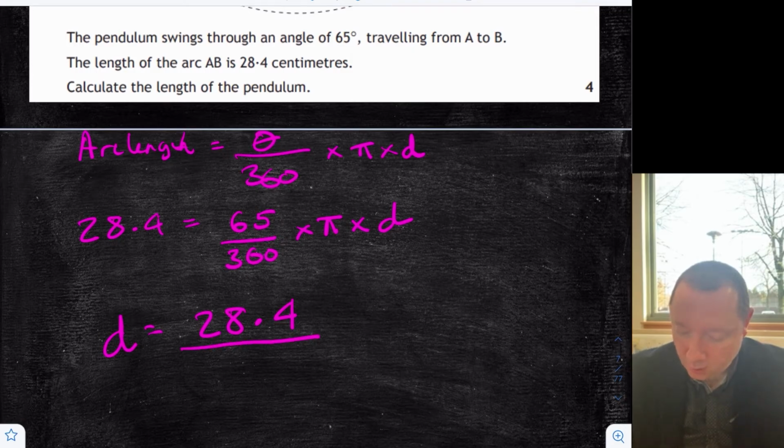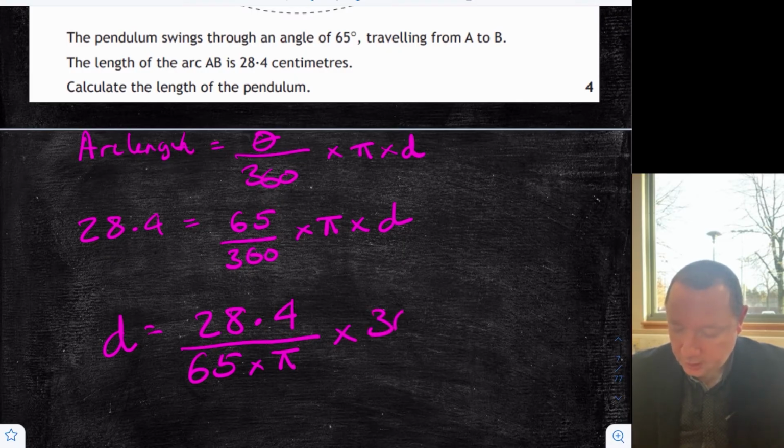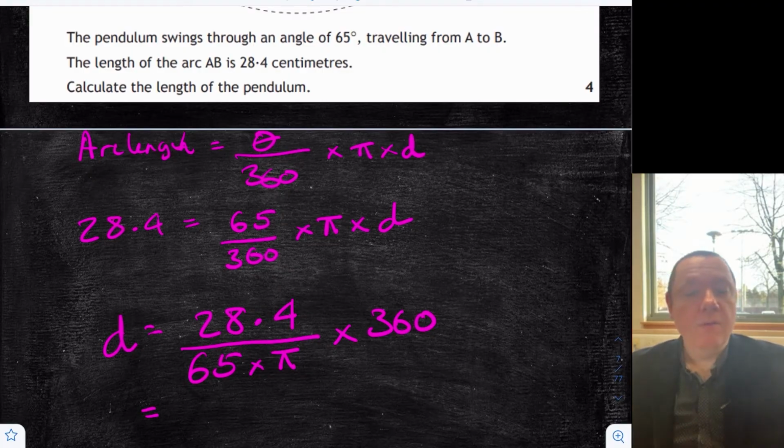So I can immediately write down that D equals, starting with 28.4 on the left-hand side, I'm going to divide that by, well, everything on the top is normally times. So 65 times pi is going to go in the bottom. Then the thing that's usually divided is 360, so I'm going to times the top by 360. And I get my D straight away that way. And then I just go to a calculator and work that out. So I just do 28.4 times 360, and then divide by 65 times pi. I can use brackets around the top and brackets around the bottom. And if you do that, you will get an answer for D, which is 50.07